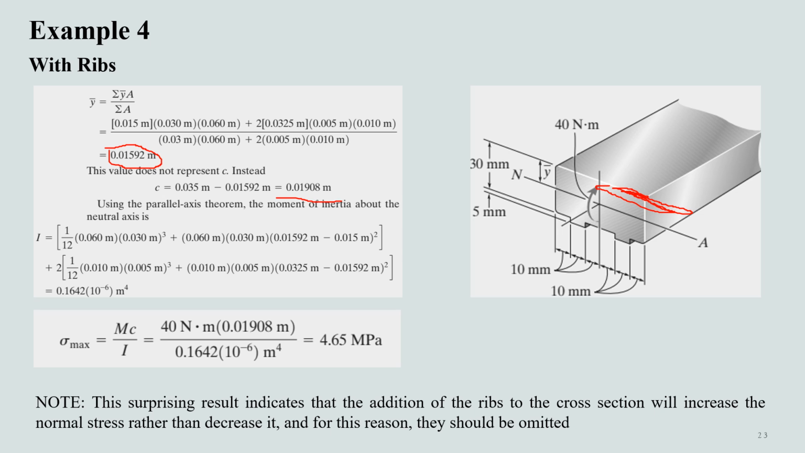Now we want to determine the maximum stress that can occur, and we know that the maximum stress will actually occur at this point and this point here, because they are furthest away from the neutral axis. Yeah, so now we have come up with this value of 4.65 megapascal. This value is actually more than the value that was determined previously. This means that in this particular case, addition of ribs to the cross section is actually increasing the stress instead